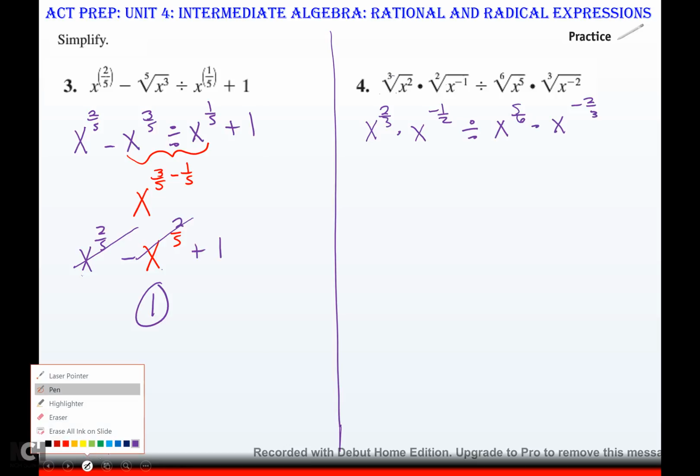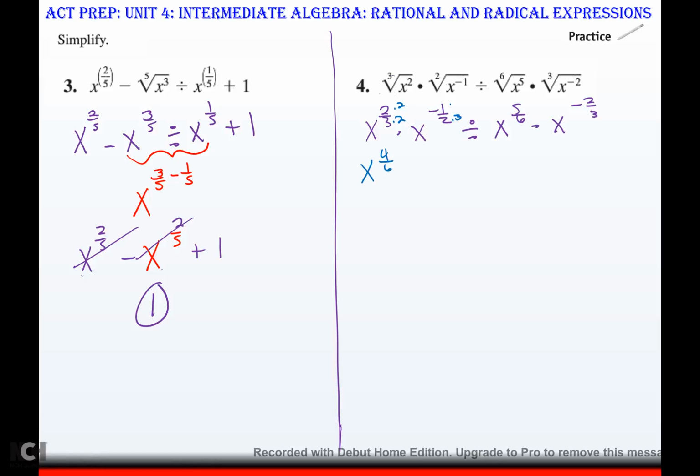Basically, what you want to do is get a common denominator, which would be 6. So times 2 times 2, that would be x to the 4/6. Times 3, that would be x to the negative 3/6. Divided by, that one's done, times 2 would be x to the negative 4/6. So now if I go back to radical, this is the 6th root of x to the 4th